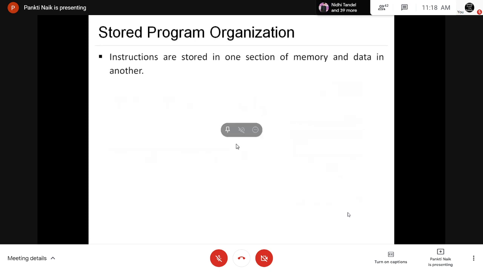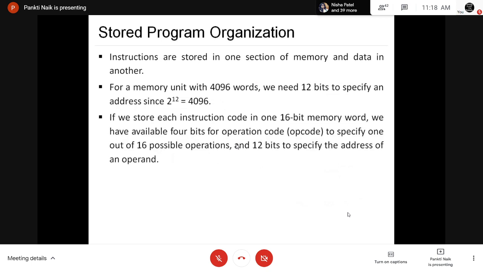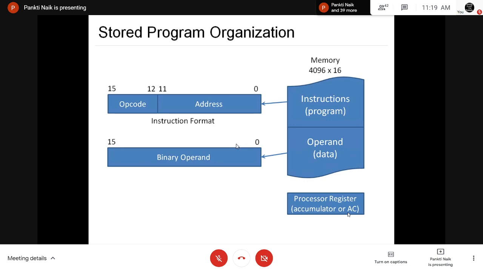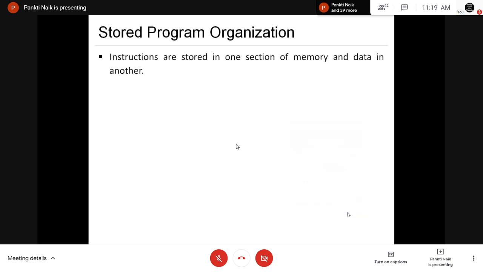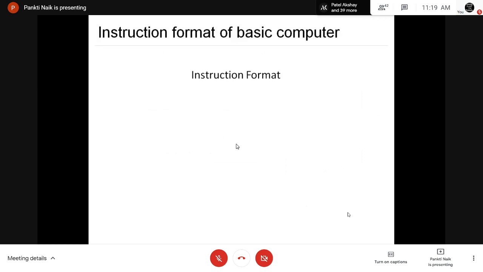So instructions are stored in one section of the memory and data in another. And for a memory unit with 4096 words, we need 12 bits to specify the address, and the remaining 4 bits are used to specify the opcode.